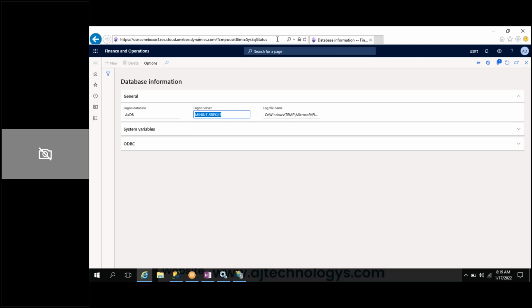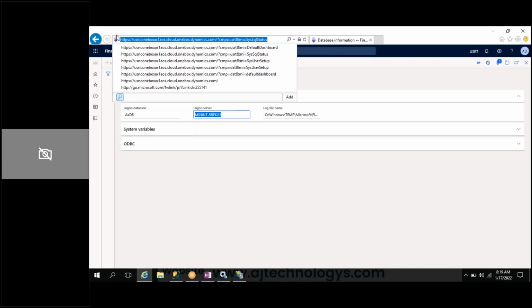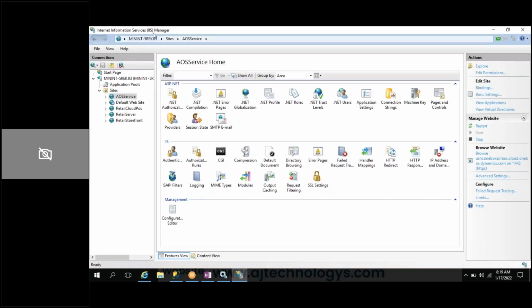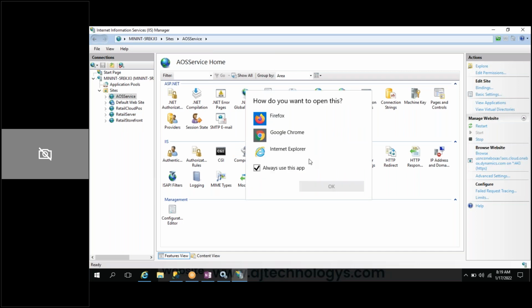Suppose you forget this link, this URL, where can we find it? You can open your inetmgr. Here, Browse Website is there. When you click on this, it asks which browser needs to be opened, and then it opens.